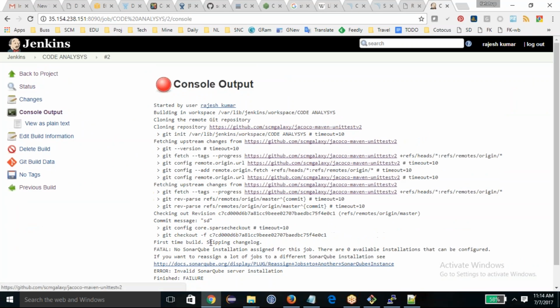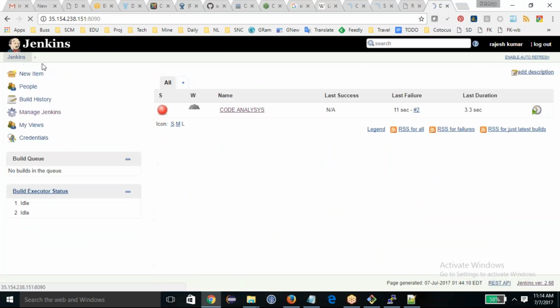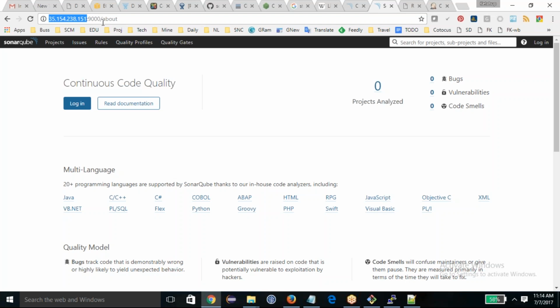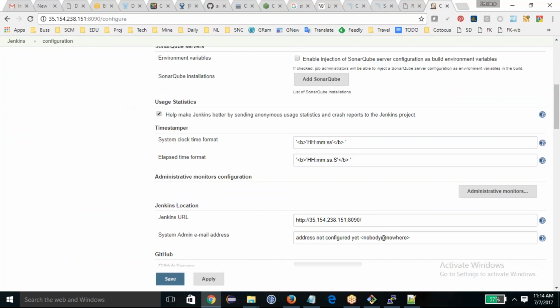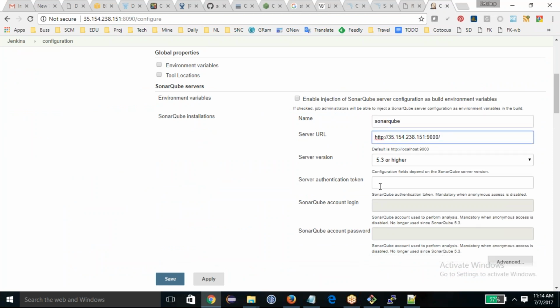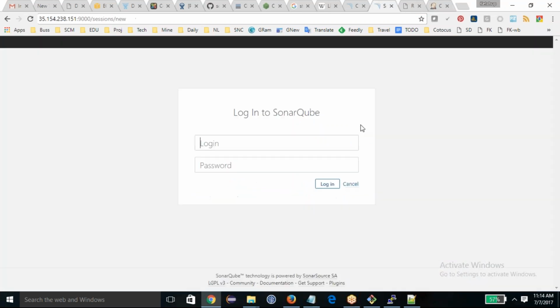Now we got some other error. It says SonarQube is not set up. So remember, you downloaded and set up SonarQube, but I did not configure it. So I just go to configure system, and this is my SonarQube server, which is this one. I need to go and add this SonarQube server here. So let's put in a SonarQube name, anything whatever you like. This is my server address. Authentication keys you will get only after you log in. So just log in